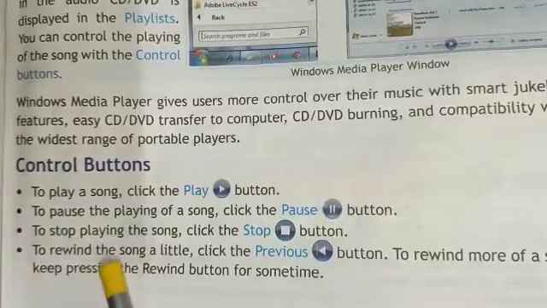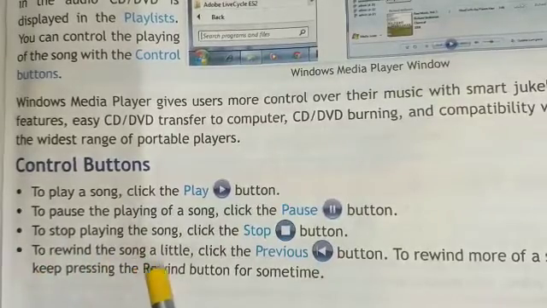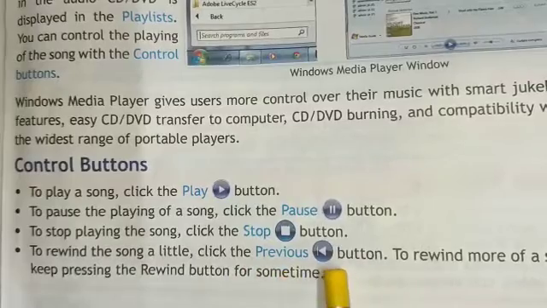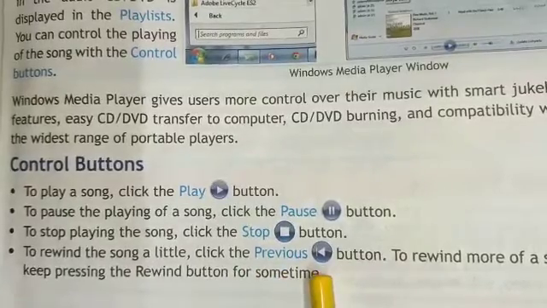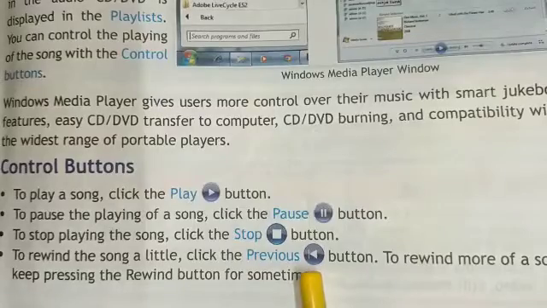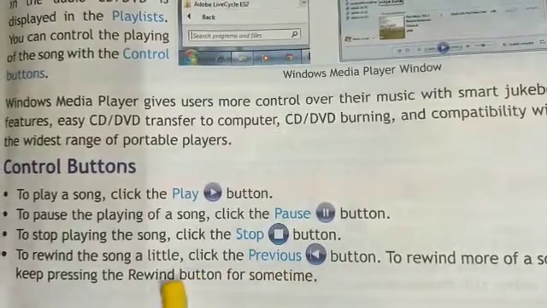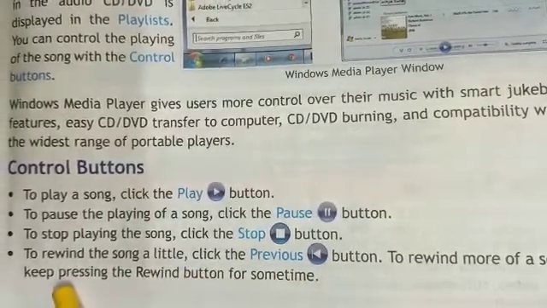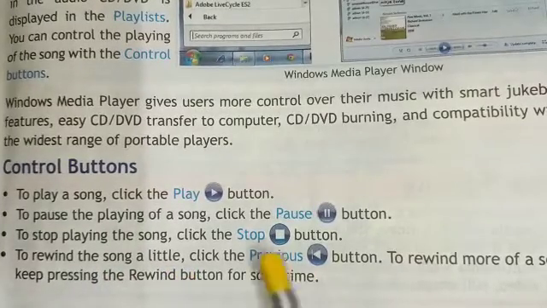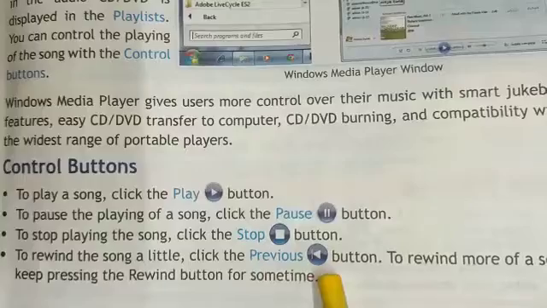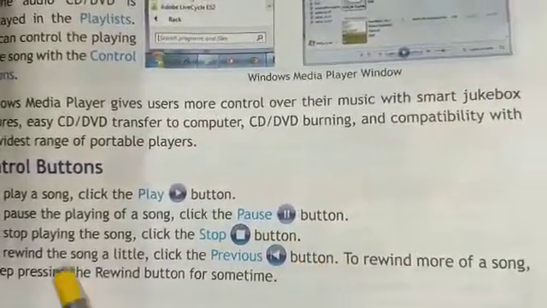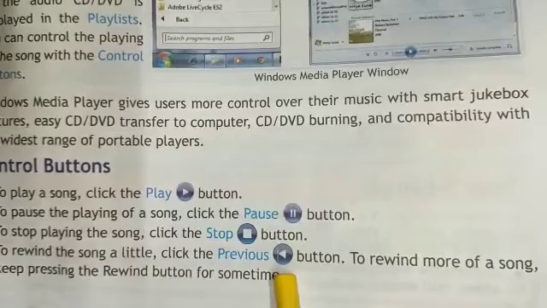To rewind the song a little, click the previous button. Rewinding means going back in the song, so we use the previous button.